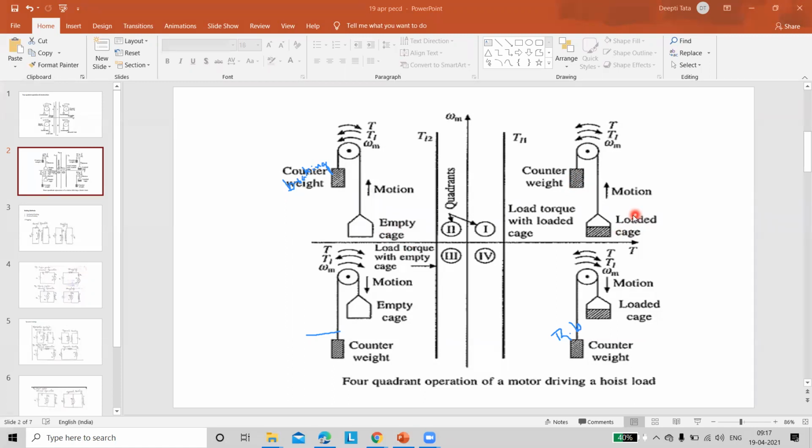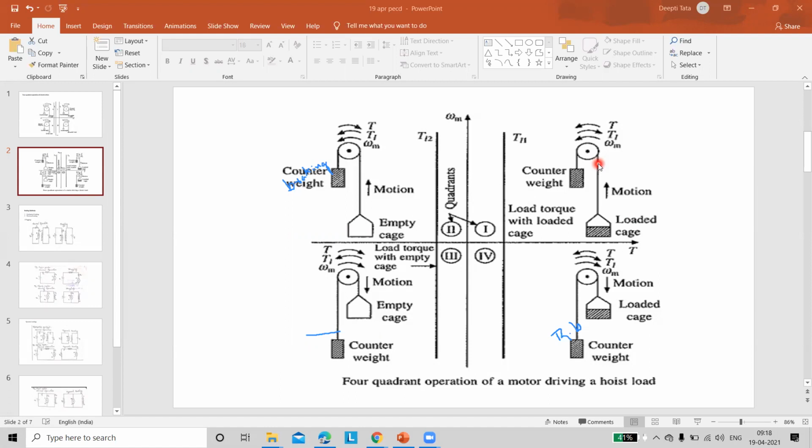The second thing is, whenever the direction of speed or torque or any parameter is in the clockwise direction, treat it as negative. Please listen carefully. Whenever the direction is clockwise, take it as negative, and when it is anti-clockwise, take it as positive. Depending upon the positive or negative polarities, you have to decide the quadrant of operation of the drive. Without these parameters, you can't tell the direction. So it is the second point.